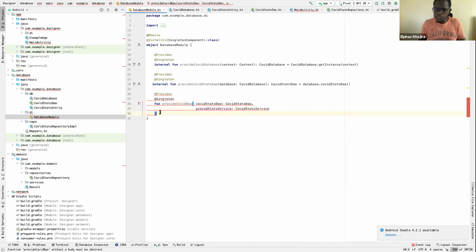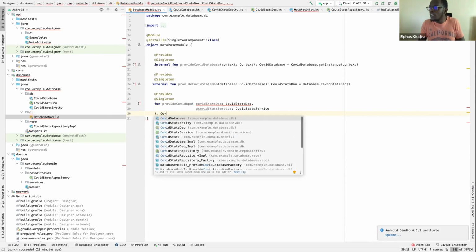And then this should return the implementation. Not the implementation, the interface, which is basically COVID repository.